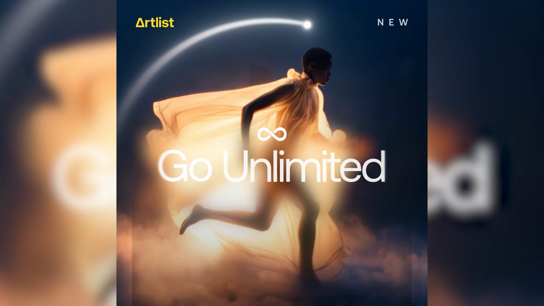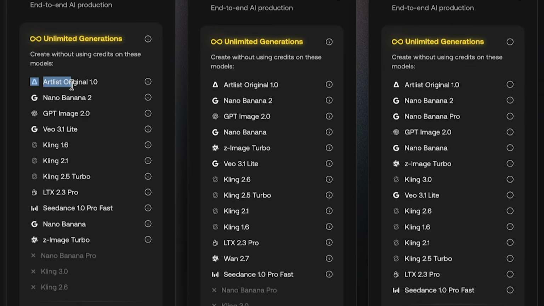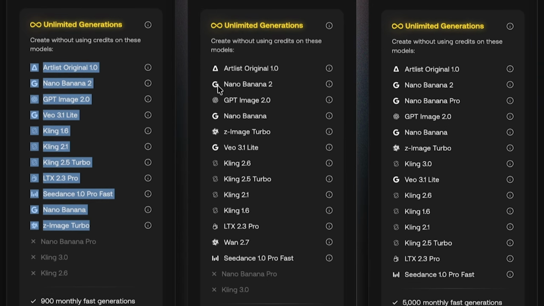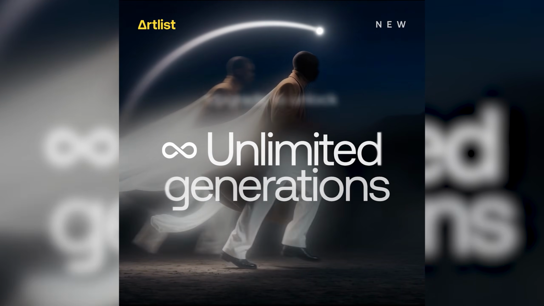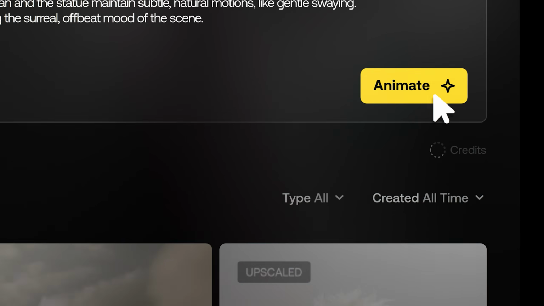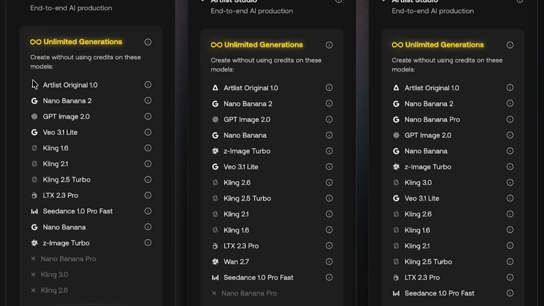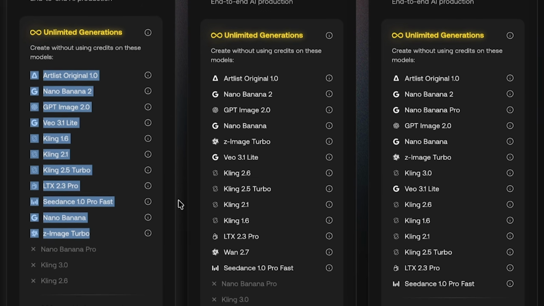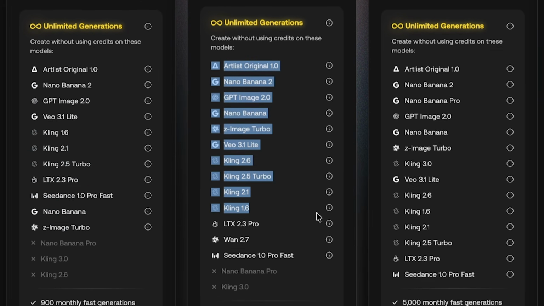So this plan is called Artlist Unlimited, and with it, you get most of the top AI image and video models, and you get unlimited generations for them. Plus, on top of that, you also get more AI credits for the other plans that aren't included in the unlimited section. So check out this image or the links down below to see which models are included in the